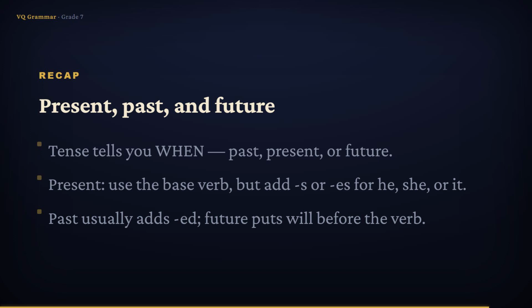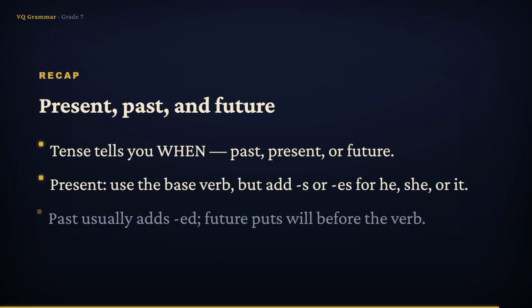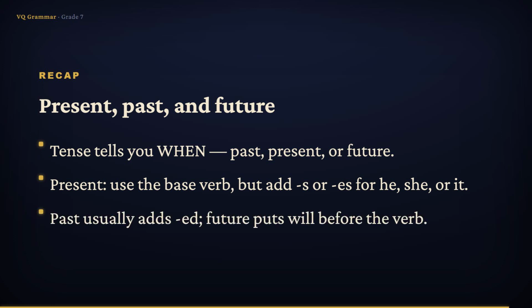Let's gather up what we learned. A verb's tense tells you when its action happens, in the past, the present, or the future. The present tense uses the base verb, but remember to add s or es when the subject is he, she, or it. The past tense usually adds ed, and it stays the same for every subject. And the future tense puts will before the verb. When did it happen? Let that question guide you, and the